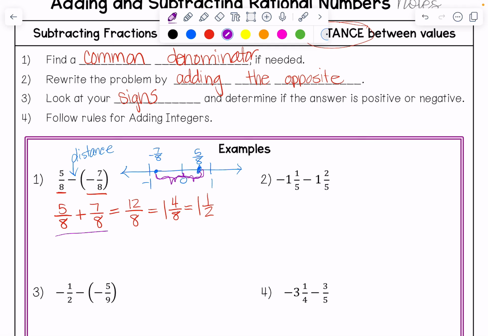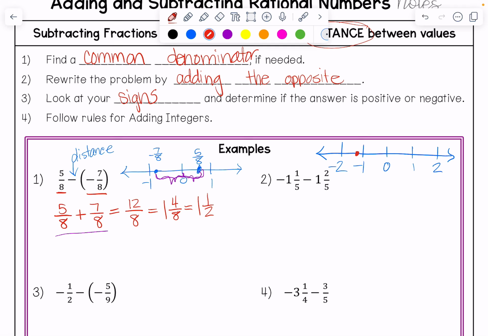Number 2, negative 1 1/5 minus 1 2/5. I'm going to actually model this one on the number line first, and then we'll rewrite it as the addition problem. So you don't need to do it both ways every time. I just want you guys to be able to visualize it too. So here's a number line. So here I want my distance between negative 1 1/5,